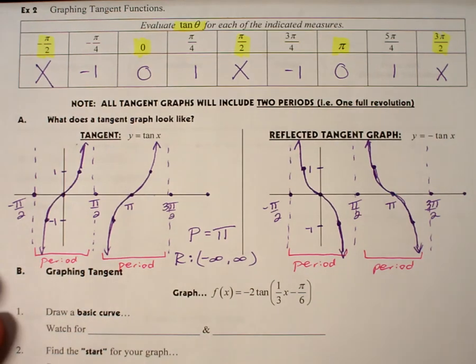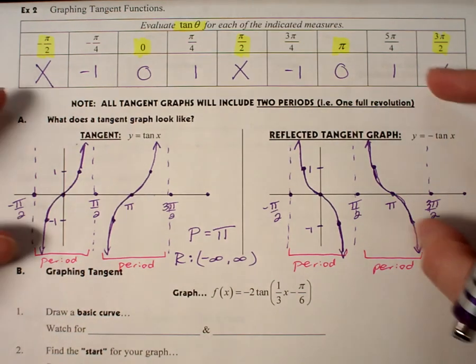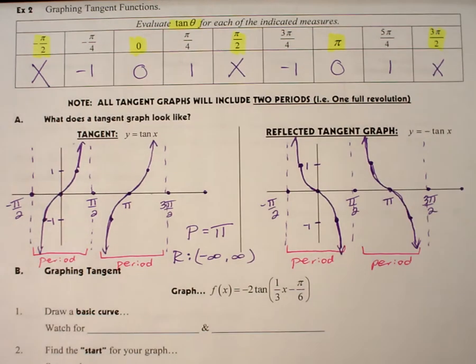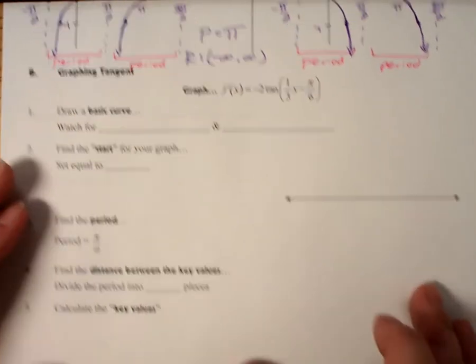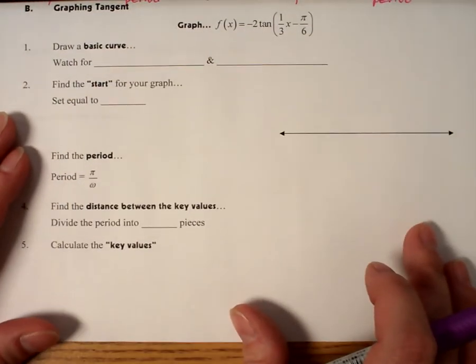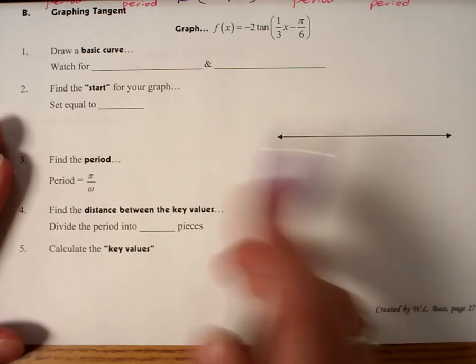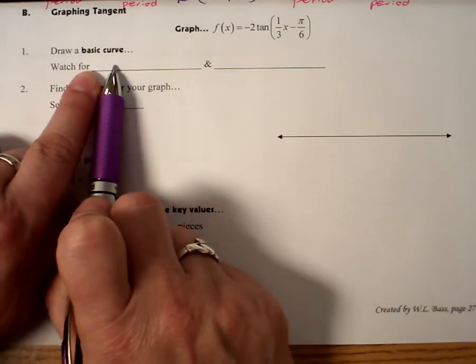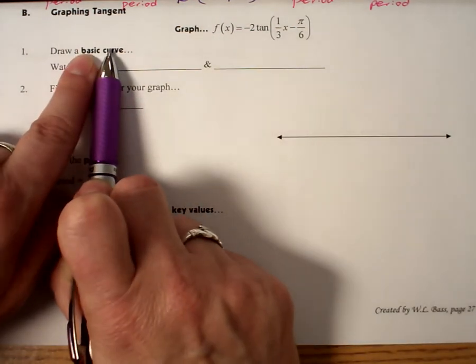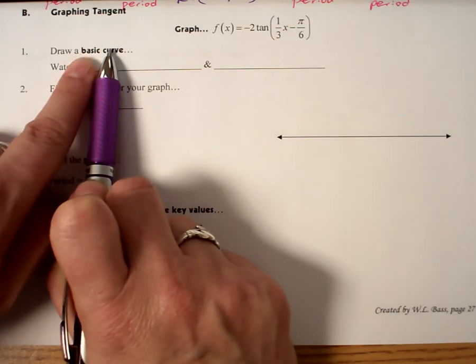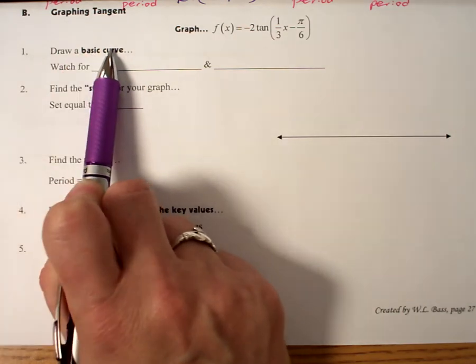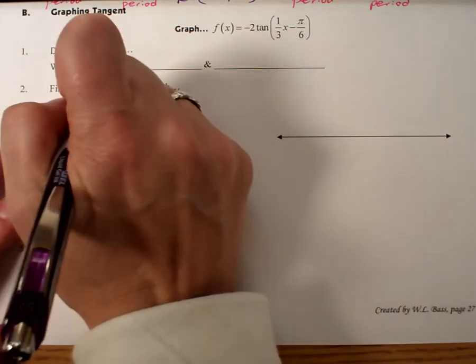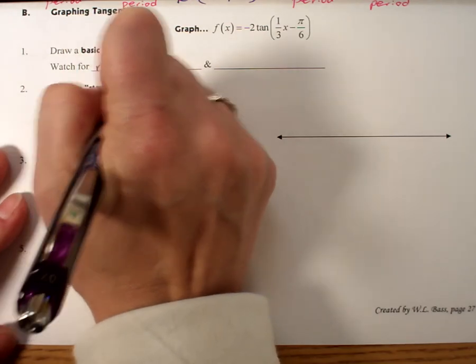On the remainder of this page of notes, we've looked at how to develop our parent graphs, and down here on the bottom we want to look at the basic steps for graphing tangent functions. So when I'm working on these, I like to draw a basic curve first and then add in my key values later. It is important that we always watch for reflections